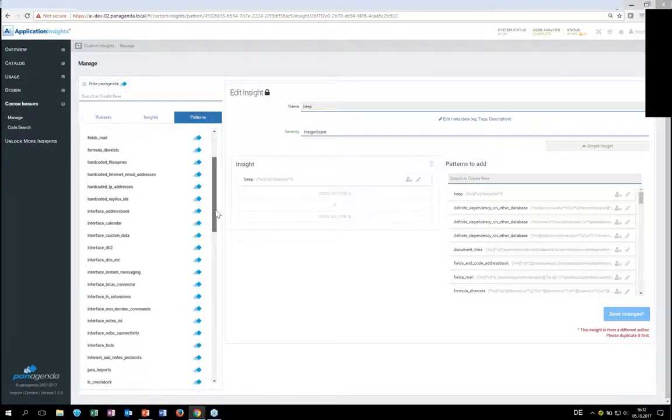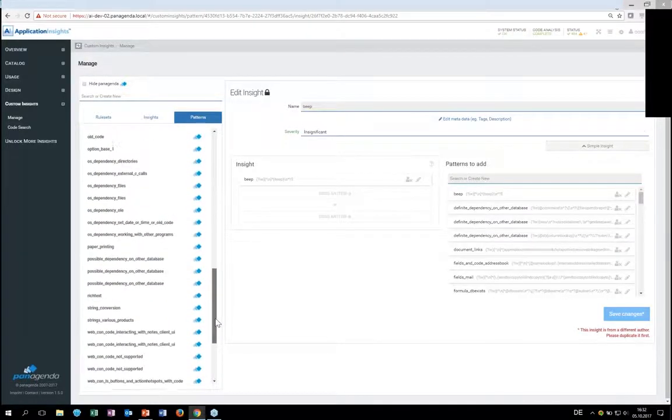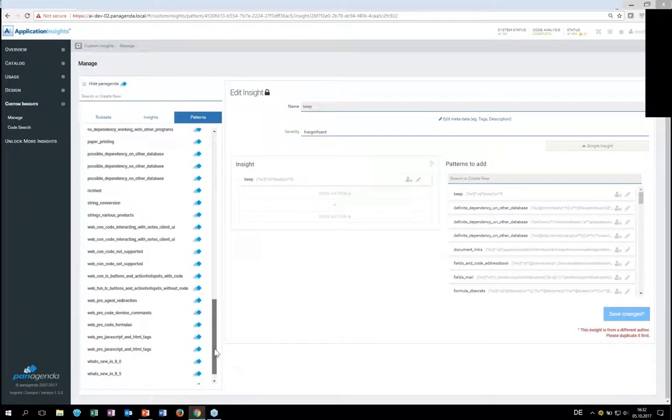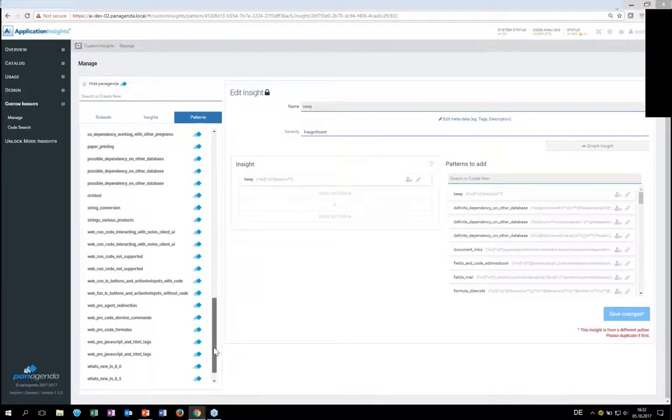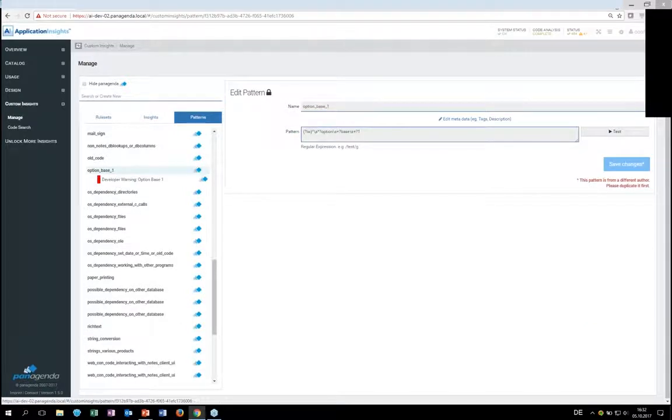One of the other things where there's a pattern, for example, is a so-called developer warning, and I just have to find it in the right way, which is, and that's an interesting one, actually, option-based one. It's one of the things that when in code a developer has parked an option-based one, then all arrays and stuff like that don't start with 0 but with 1, and it's something that is pretty ugly to stumble across when you're looking at somebody else's code and working in a function where you're not entirely sure whether it's 0